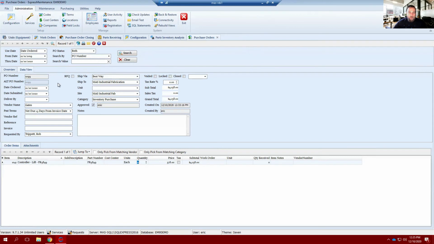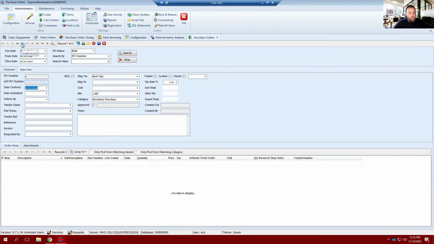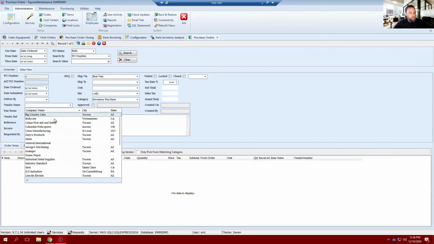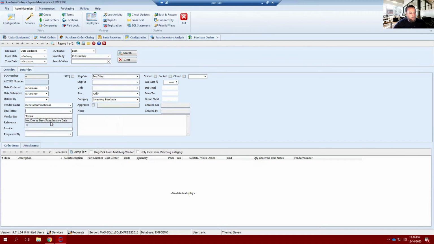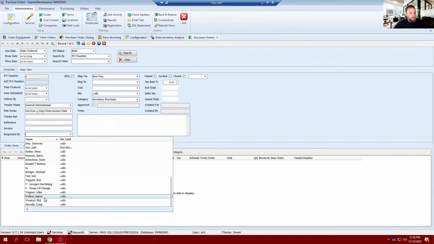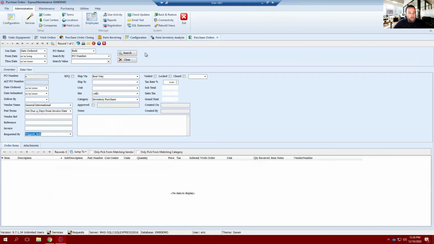I am going to enter a demand purchase order now, just on the fly, and then we'll go and receive that in the next video. All right, so I'm ready to enter a demand purchase order. It's as simple as hitting the plus button up here to insert your record. And then you fill out all the same information. Payment terms, requested by,